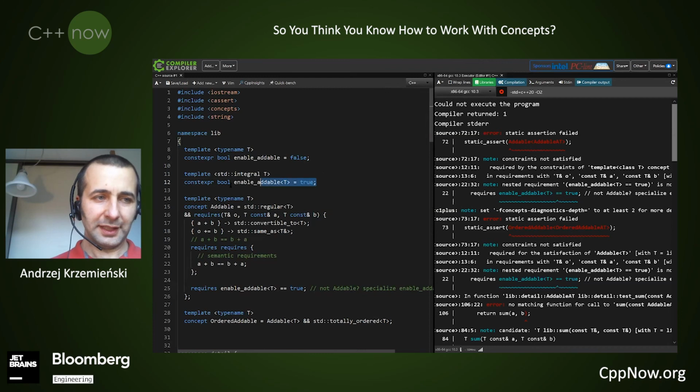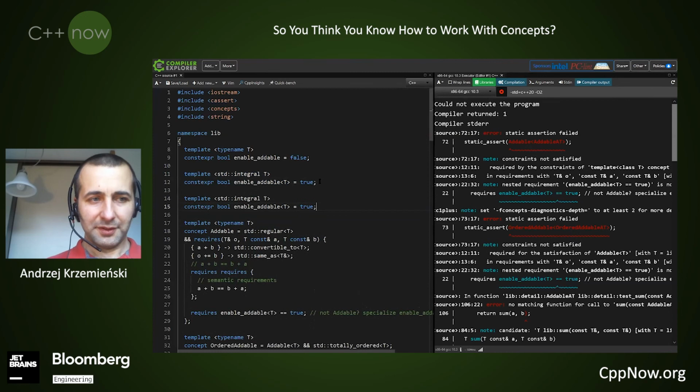You can do the same for all floating point types. There is another standard library concept for that.